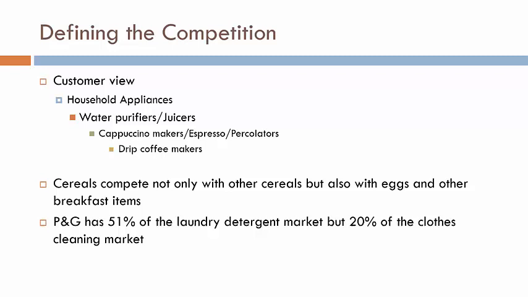Now, if the customer is in the market to make any beverage, it need not be caffeinated, then juices and water purifiers would also be in their consideration set, right? So this level of competition can be thought of as generic competition. And if the customer is in the market to purchase a gift for a friend, then other home appliances that are priced below the customer's budget should also be viewed as competition, because clearly they're also going to be part of the consideration set based on the budget that the customer has. So the constraint is the budget. All the different appliances that fall in that budget will be part of their consideration set. So this is called budget level competition.